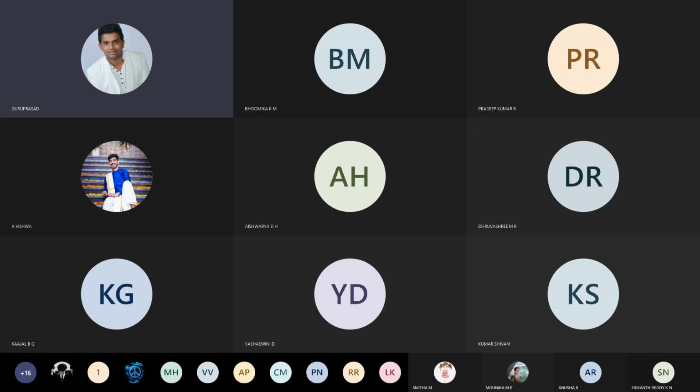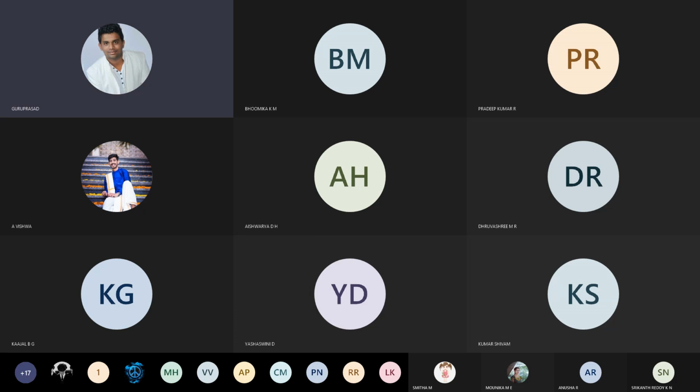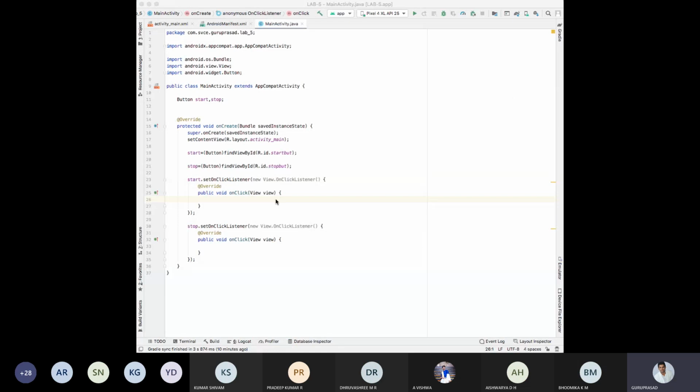Okay, fine. I'll just start with my code. You got the picturization? As to how to do it? Okay. Fine. So I'll just share the window and your lab file. Now, upon clicking this, something should happen. What is that something? We don't know what is to be done.